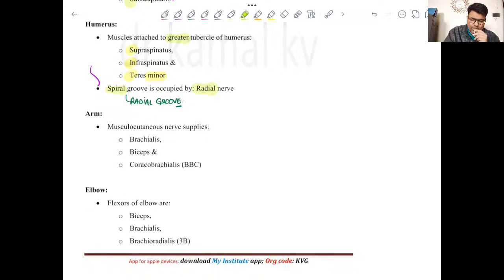In the arm, there are two compartments. If we take the transverse section, suppose this is the arm, right? This is the humerus. Then there are two compartments, anterior and posterior. In the anterior compartment, there are three muscles, and these are B, B, C. Clear? So these three muscles are brachialis, biceps brachii and coracobrachialis, and all these three muscles are supplied by